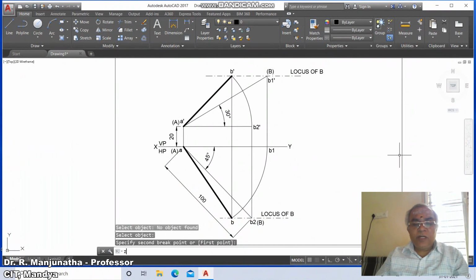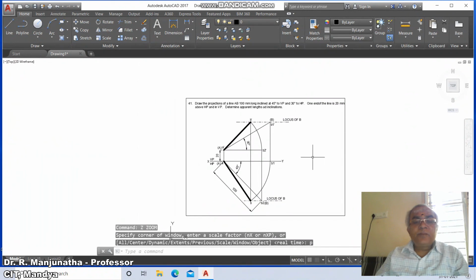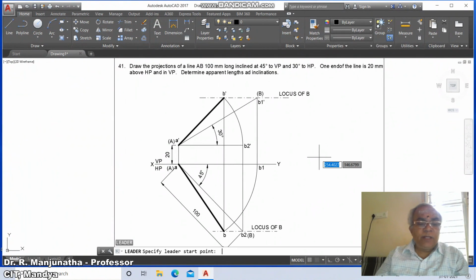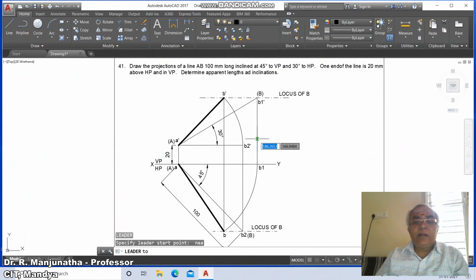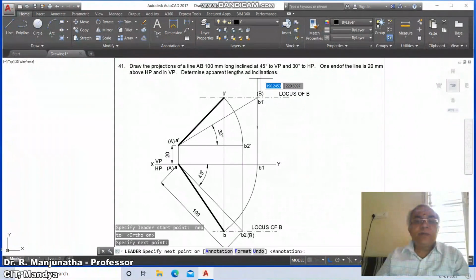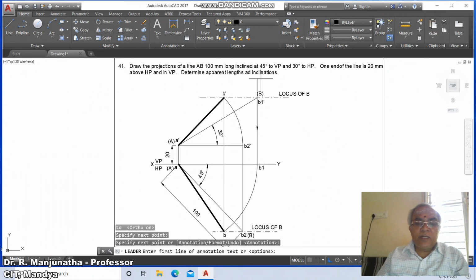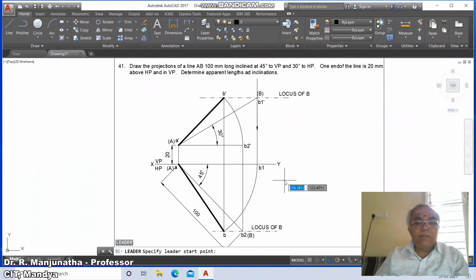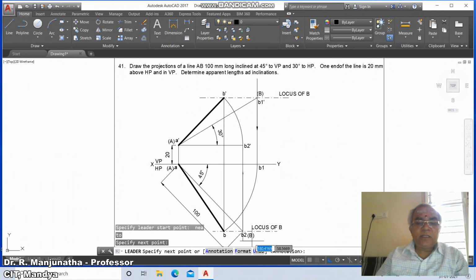Okay. Now once you get this, now we will go for the projections. So that means we need to give the directions of projection. So you type leader, take nearest point and put the ortho mode on. So you drag this and keep it. So here annotation option none. Then go to leader, select nearest on this, and you select this annotation option none.